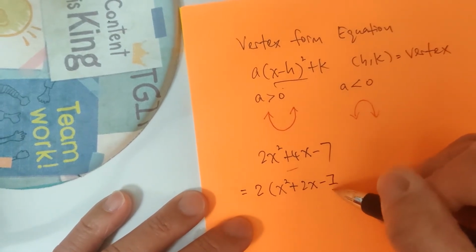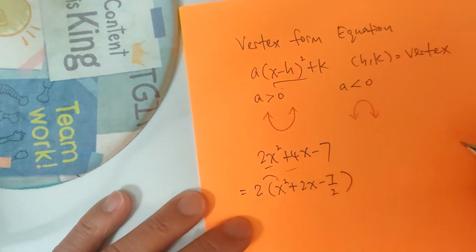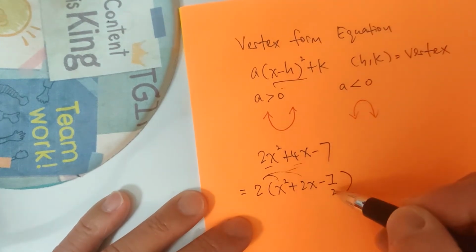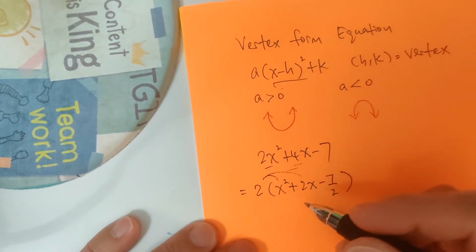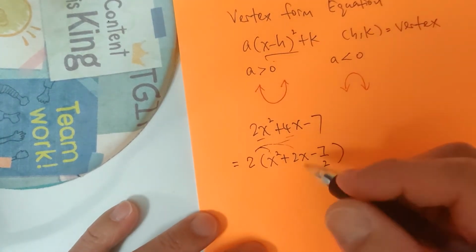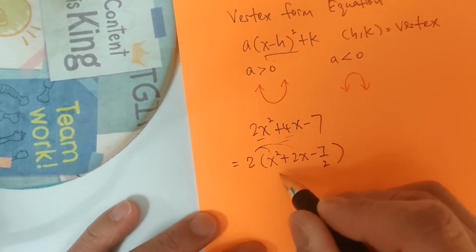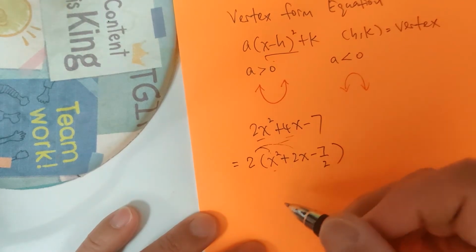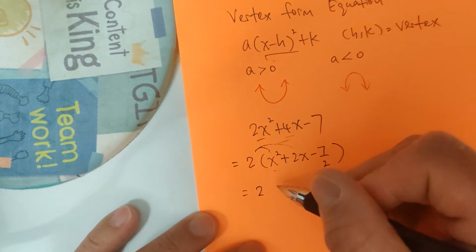like that, because 2 times x squared is 2x squared, 2 times 2x will be 4x, and 2 times 7 over 2 will be 7. Okay, and now when you have the trinomial with the leading coefficient that says 1, it is easier to do the completing the square. So what you can do is you go to multiply by